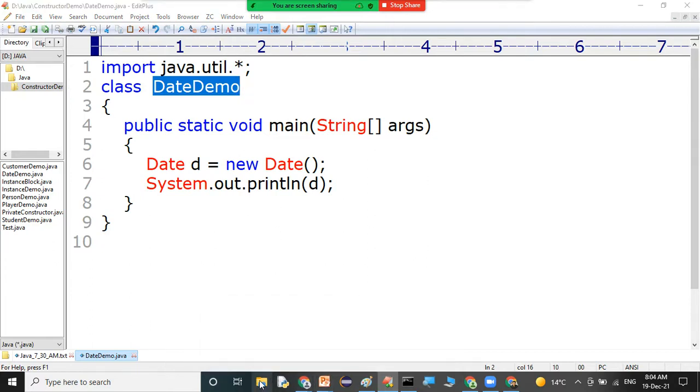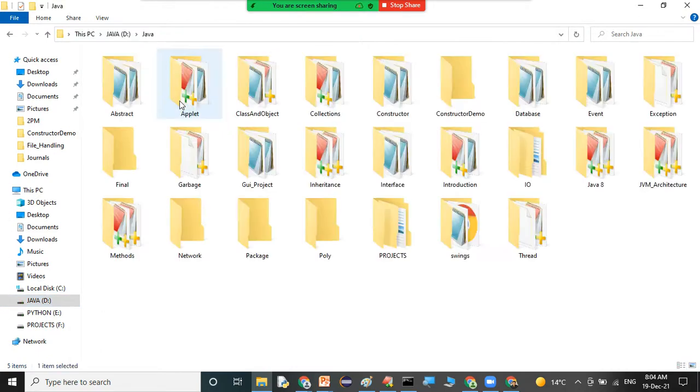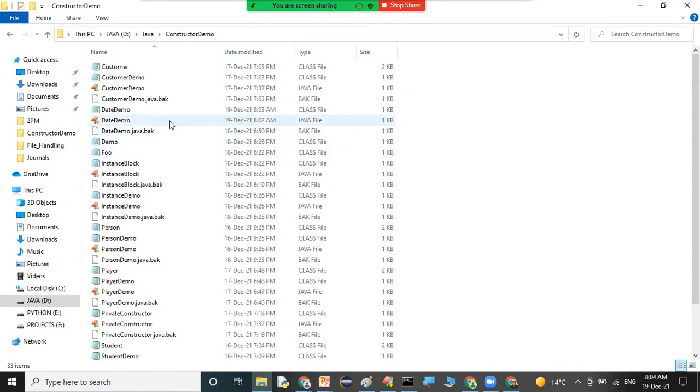You can go to the memory, that is the D drive constructor, and see that the Java compiler has generated that file. So go to Java, then constructor demo, and look, sir: DateDemo is the Java file, and DateDemo is the dot class file, 19th December, 8:03 a.m. This dot class file is generated by the Java compiler. Now the class loader subsystem is responsible to load this DateDemo dot class file into JVM